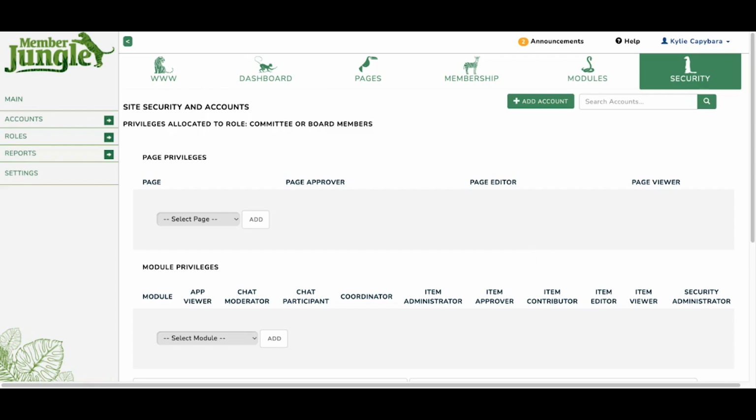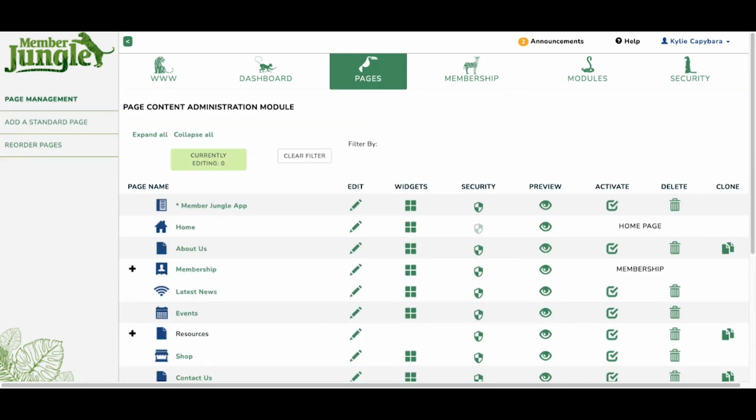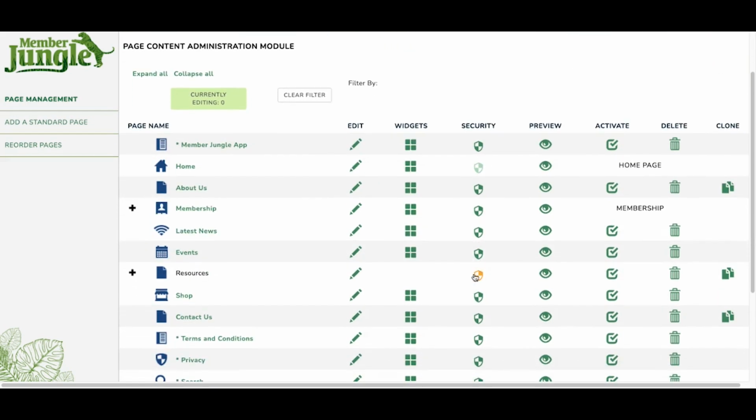So they've got no administration privileges in here, so I'm not going to worry from that perspective. I just want to show you how you can control what they can see. Going through to pages, if you go to security here, you can lock down a particular page. So if you click on security for the Contact Us page,